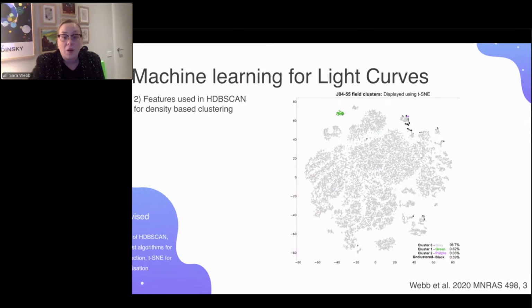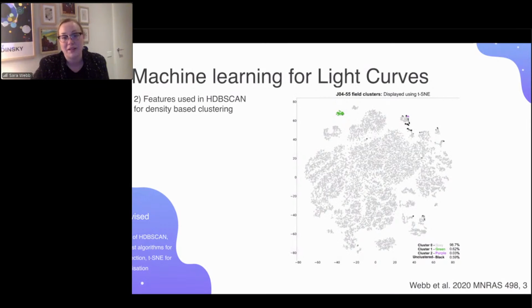What we can see though is that we have a little purple cluster up in the right and a nice green cluster as well, which when we look at these further, they are similar light curves. So they're either flare stars or variable stars. And then we also have our unclustered, which I've color coded in black. And so we see that the unclustered light curves, they don't really belong with the group. They kind of sit on the outskirts. And that is again our noise in the data.